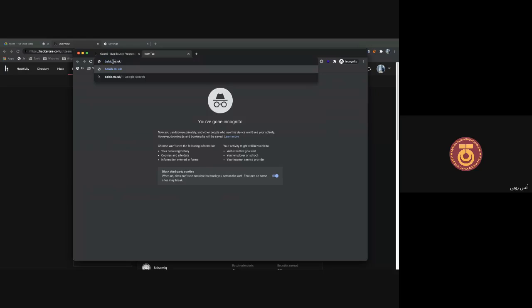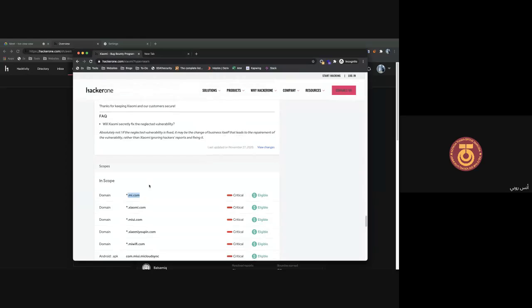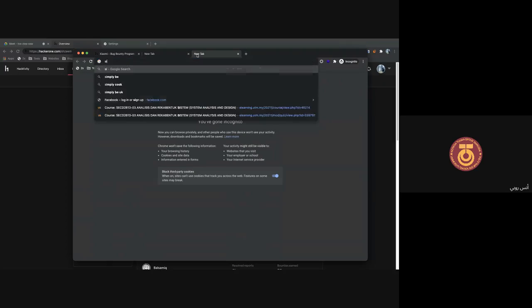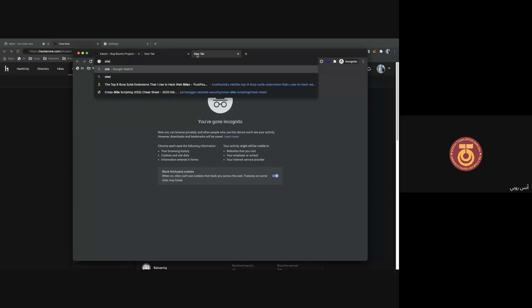Anything before that is the subdomain. So here it tells you that anything .xiaomi.me.com is in domain. So for example, if you want to Google this, if you want to make a Google search to check which websites are included, so for example, if you make site and